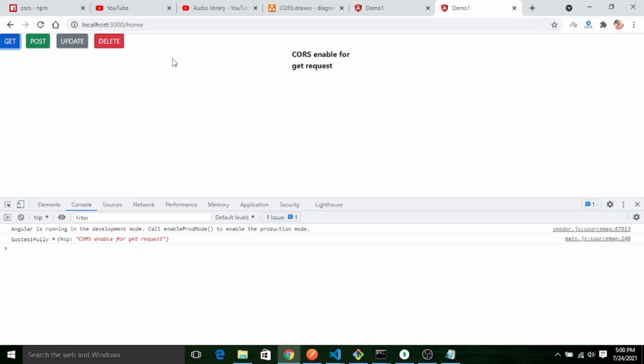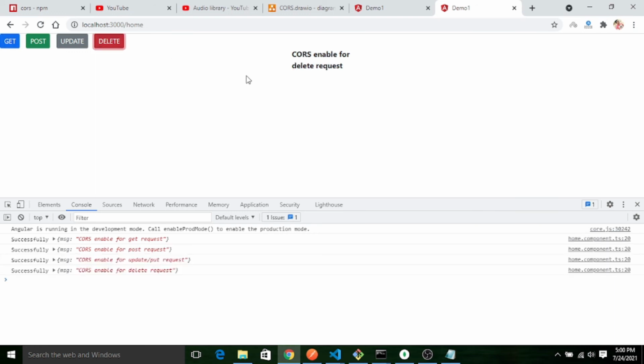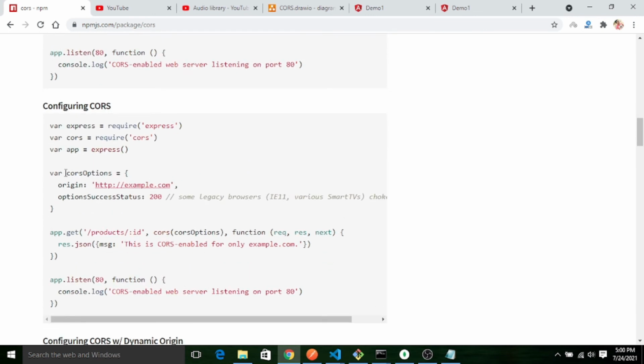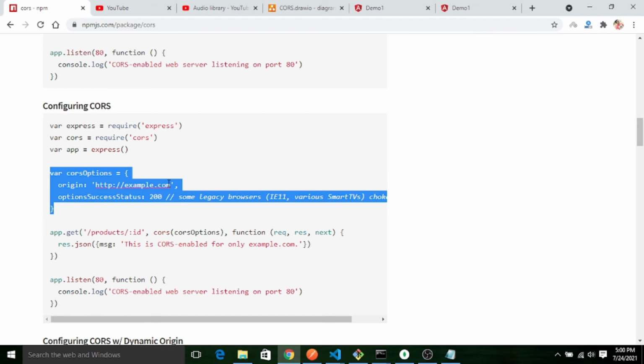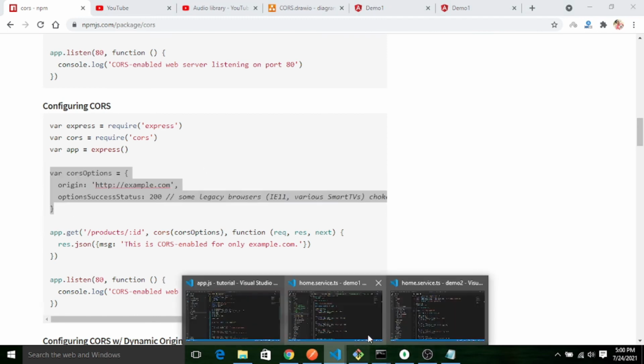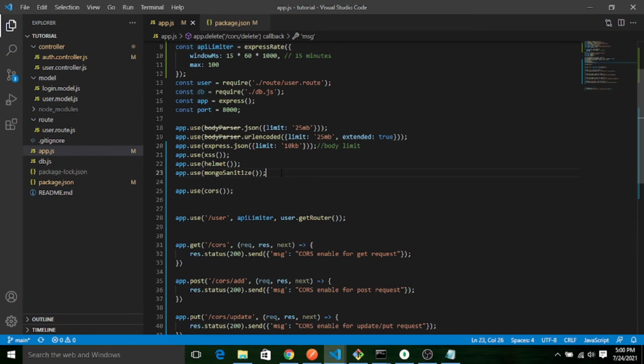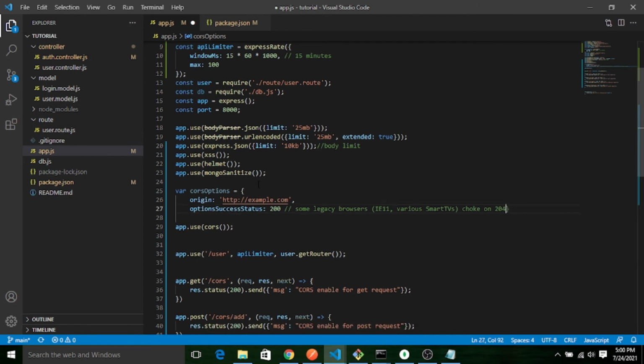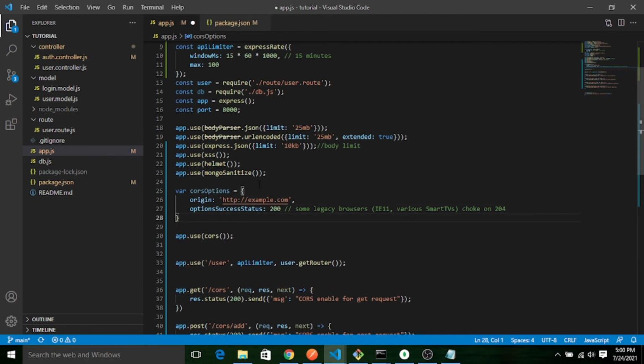See, even though I have enabled CORS, I have not restricted the domain name. So how will we restrict which domains the server should allow and which it should not? Same thing, you can go to this site. There are options you can define before adding it as a middleware inside the Express framework. Okay. Now let's say I will allow only HTTP